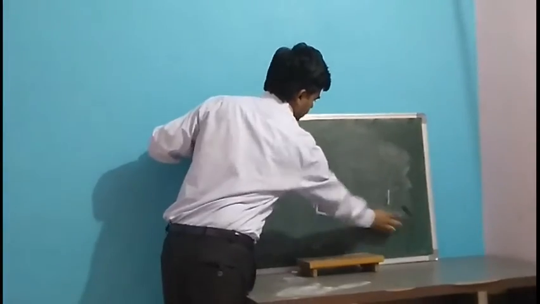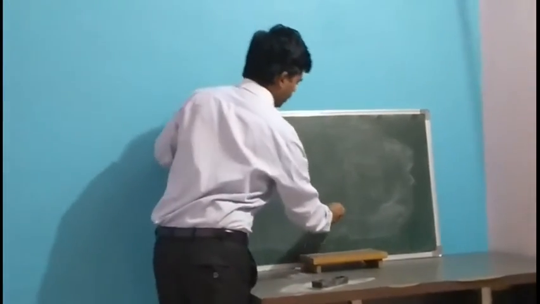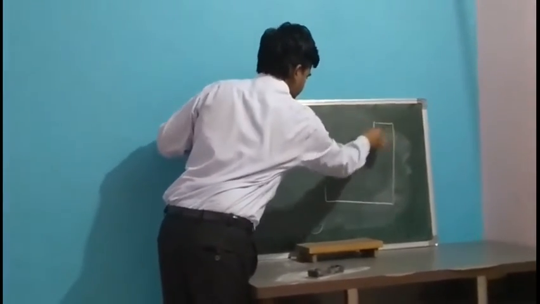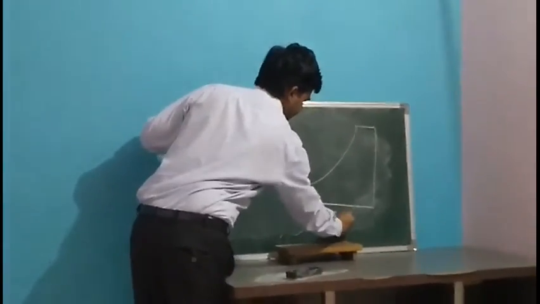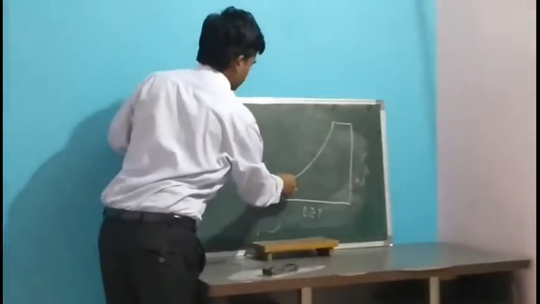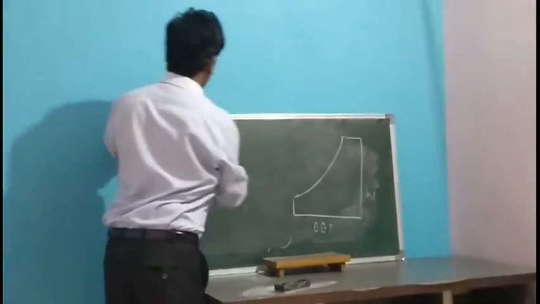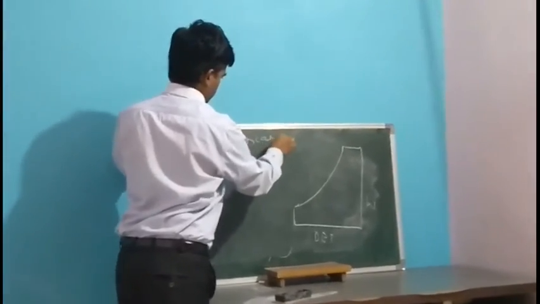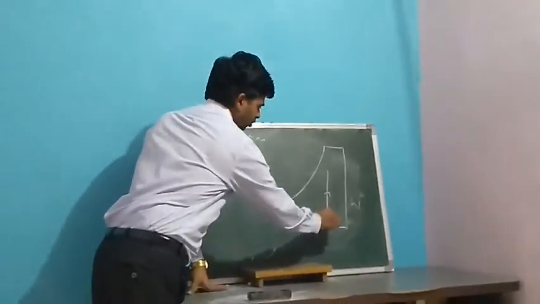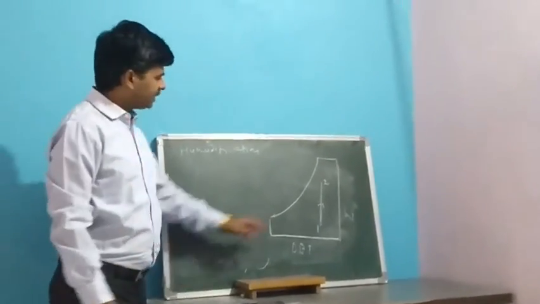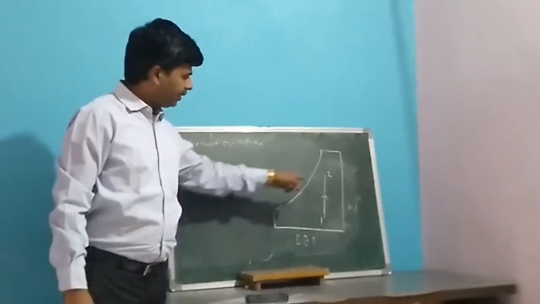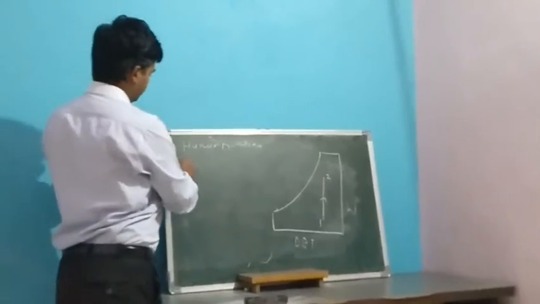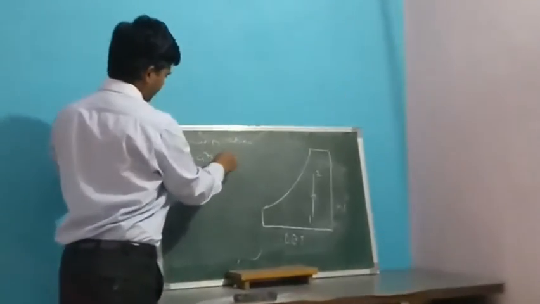humidification process. That is known as only humidification process. So this is DBT, this is W, that is specific humidity. So humidification. This humidification process, from 1 to 2. In this case, DBT is not changing, and specific humidity is increasing from W1 to W2. In this particular case, we are interested to determine the capacity of the humidifier.